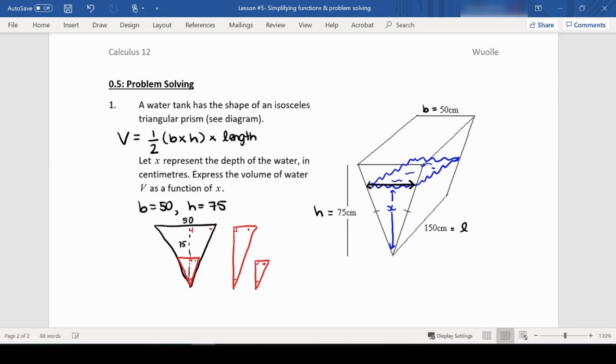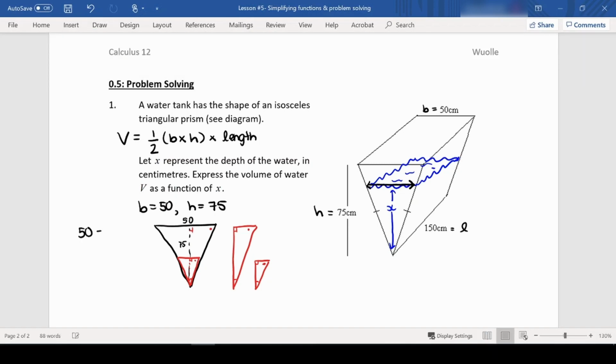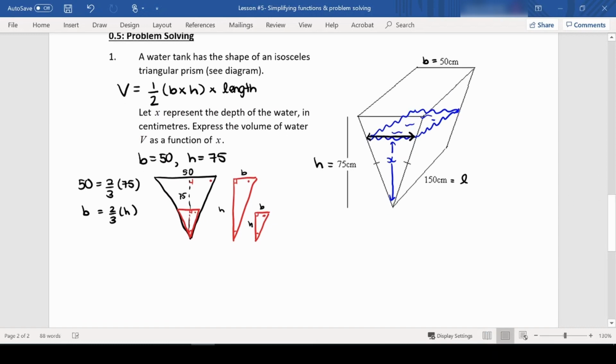proportional side lengths, okay? So if I take a look at my original base here, 50 is 2/3 of 75, or B is 2/3 of my height. And that relationship must be maintained by similar triangles. If this is my B value and this is my H, this B and this H must have the same proportional relationship, okay? So what that means is that when I make an equation for my volume,